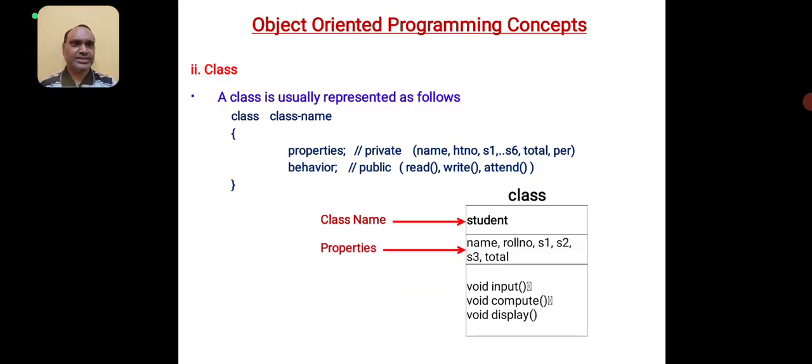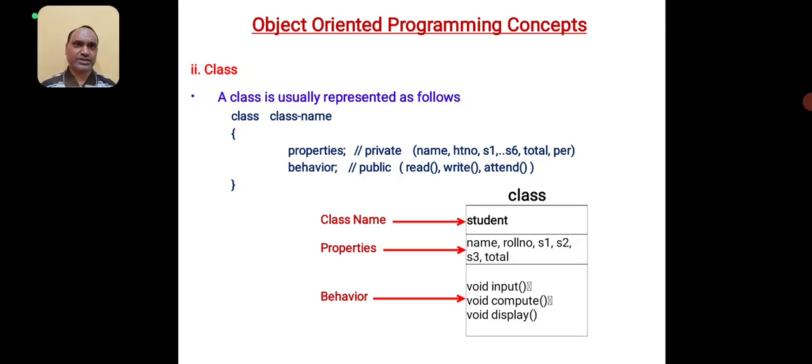A class is very similar to the structure in C. If you are familiar with C language, probably you have used a structure. A structure is defined using the keyword struct followed by the structure name. Similarly, in object-oriented programming like Java, a class is defined using the keyword class followed by the class name. And inside the class, we are declaring